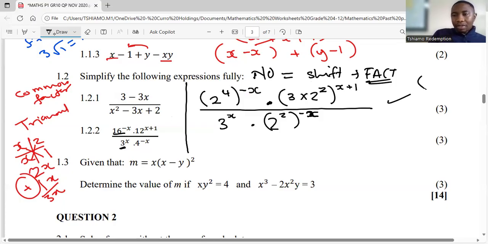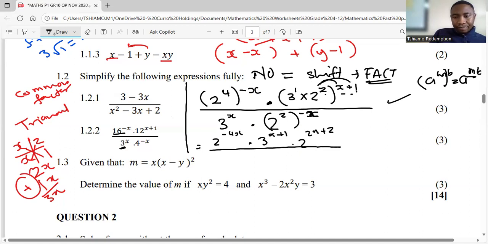Second step, we apply law number 3. Law number 3 says, if we have a power raised to a power, we multiply. When we see a bracket, we're going to multiply the exponents together. So here, I'm going to have 4 multiplied by negative x will be negative 4x. And then here, 1 multiplied by x plus 1 will be x plus 1. Then 2x and 2 becomes what? 2x plus 2. Not 2x plus 1. We multiply these 2 terms with a 2. So 2x plus 2